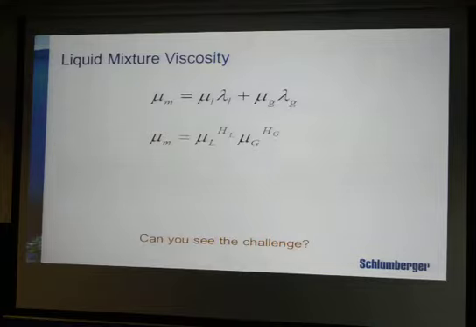In case of viscosity, you can either go by the no slip effect or the slip effect. You can either go by arithmetic average, or you can go by exponential average. Even this is not a geometric one, so you can go even by some kind of exponential average. So there are lots of challenges. It's not so simple to do that. It's not simple to quantify any of these things in tubing outflow, especially the term friction.